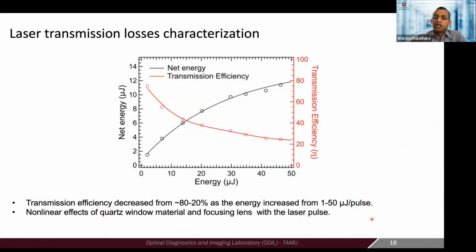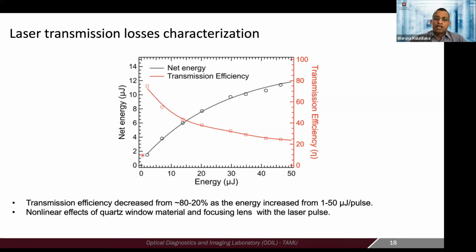One of the major challenges using high pressure diagnostics is going through the windows of a gas cell or the combustor or whatever facility you're trying to probe, because these thick optical windows can significantly affect the laser energy, and this becomes even more challenging when the pulses become shorter. So one of the first things we had to do was characterize these transmission losses going through an optical window. This is a typical optical window, about 1/4 inch thick, in our pressure vessel or high pressure burner.